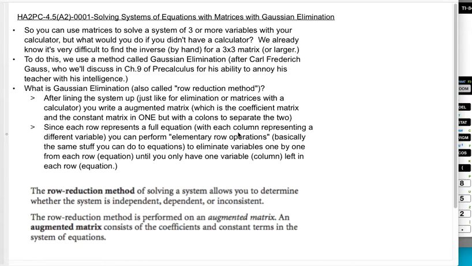All right, this is Honors Algebra 2 Pre-Calc. We're doing 4.5 in Algebra 2, which is the last section in Chapter 4, which is matrices. So this is going to be solving systems of equations using matrices and Gaussian elimination, also called the row reduction